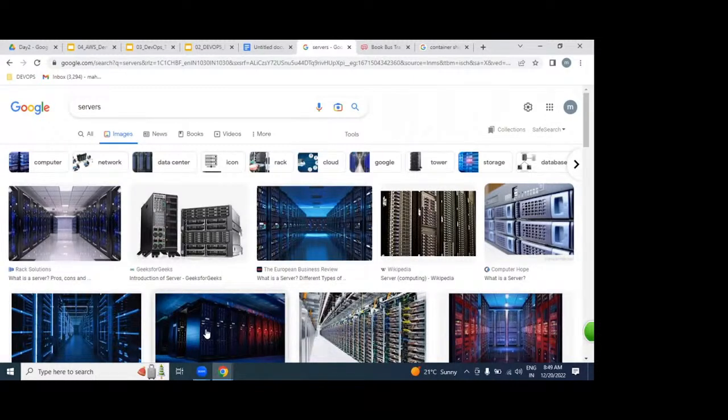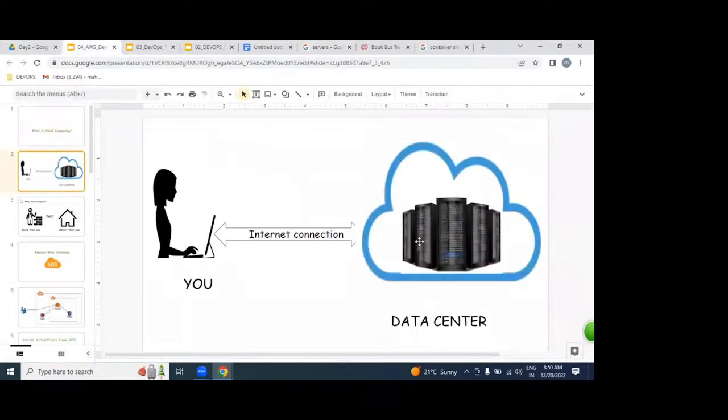These data centers exist physically. We can see them like our building, the same way we can see a building physically with our eyes, these tangible things. In Hyderabad we have Amazon data centers, in the US also, in Singapore also. From these data centers, if you can access a server, a network, a storage over the internet from a laptop, that is nothing but cloud computing. That is the statement I gave.